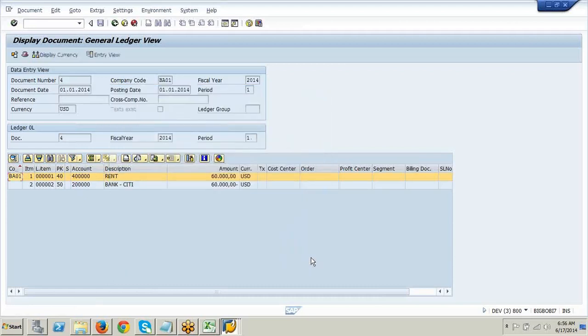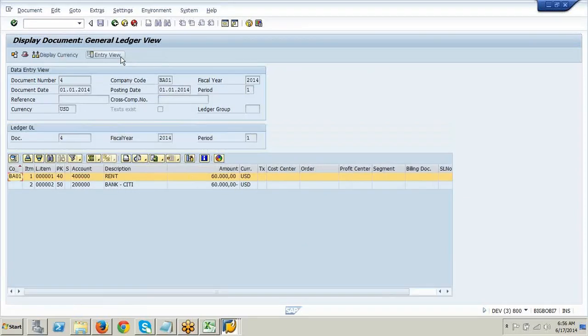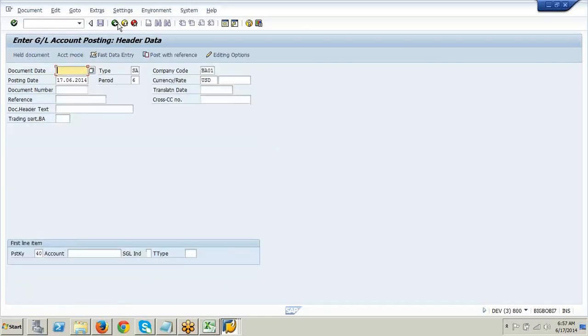So always your display of document consists of two views, entry view and general ledger view. Clear? So the transaction code to see this is FB03.